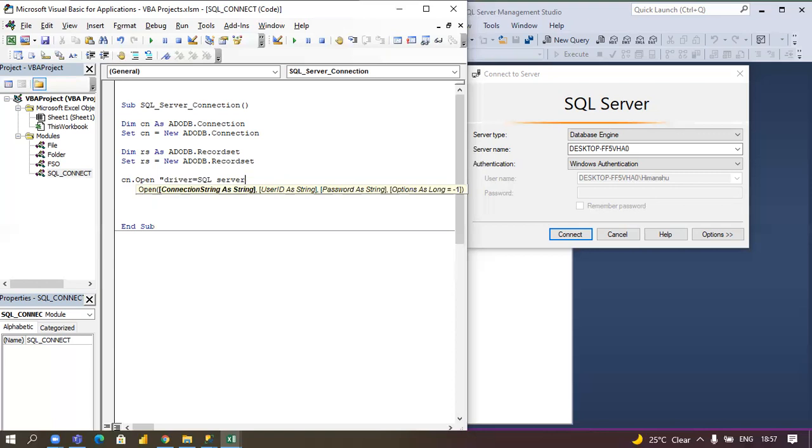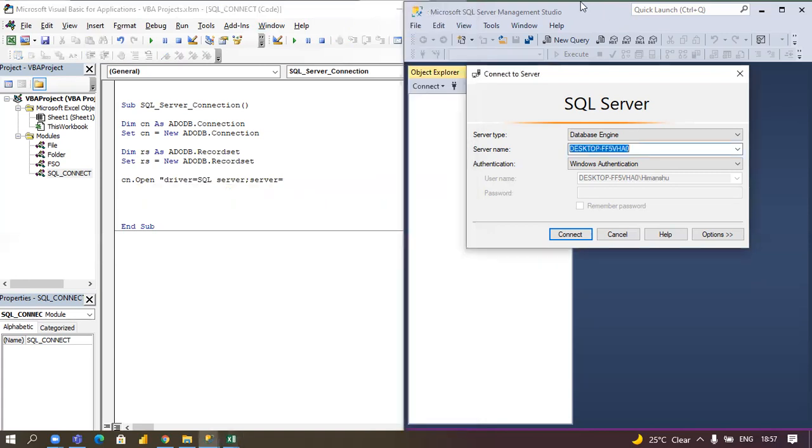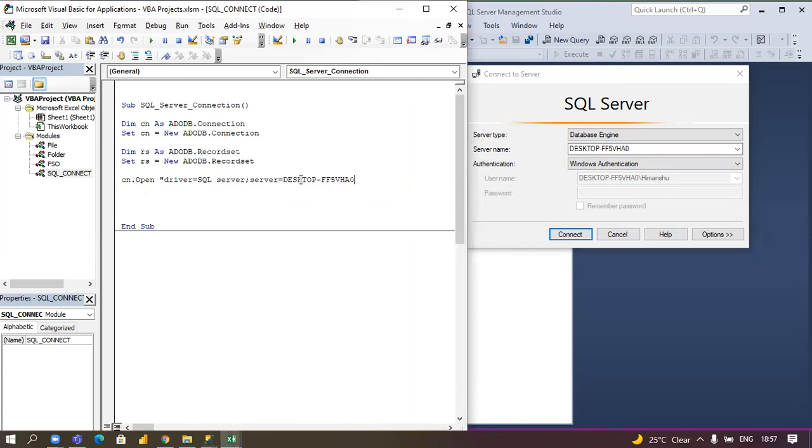Again I give a semicolon, and then I will give the server name, Server equals. You can see the SQL server is already open here, so you can copy that server name and put it here. And again you can put a semicolon and give the database name.